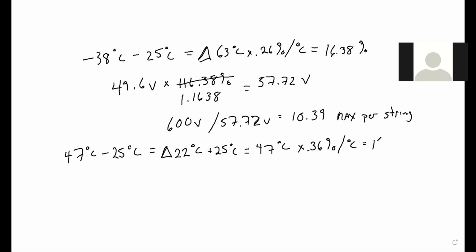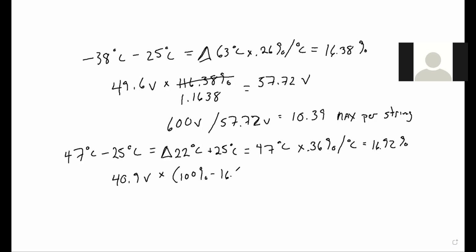So on the hottest day ever, this system is going to produce 16.92% less than it would under standard test conditions. Well, what is the voltage under standard test conditions? That's the VMP. So I'm going to start with 40.9 volts, which is my VMP, and multiply it times 100%